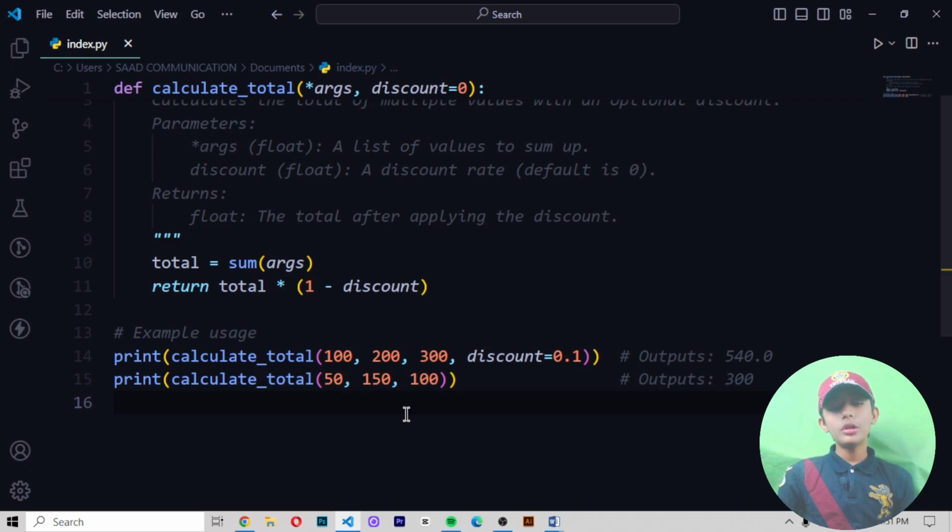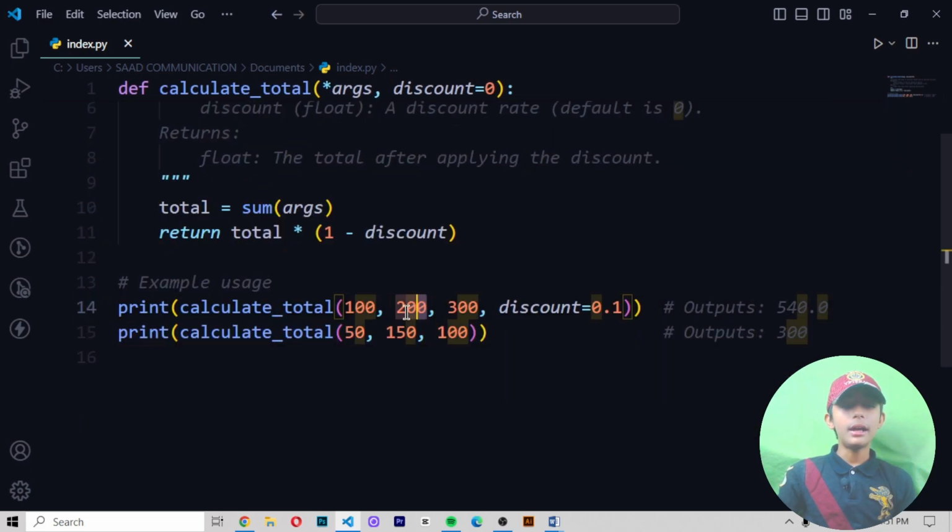Why? Because in the first output I write 200, then 3, then 2, then 3, then 200, 100 and 300. So 200 plus 300 equals 500, then 3, 4, then 5, 6, then 7, 700.